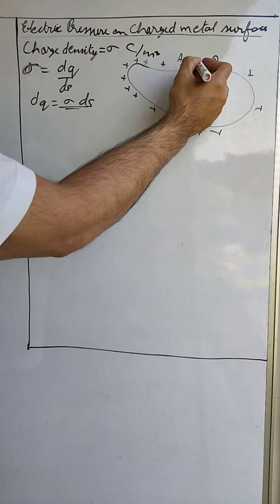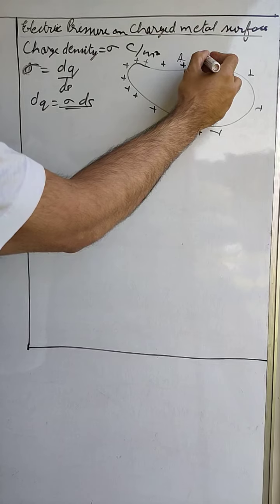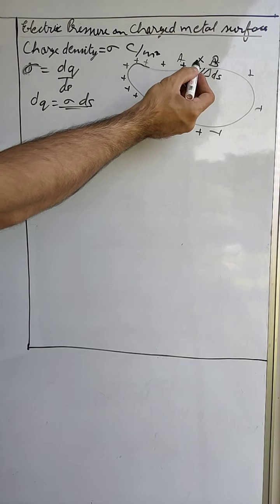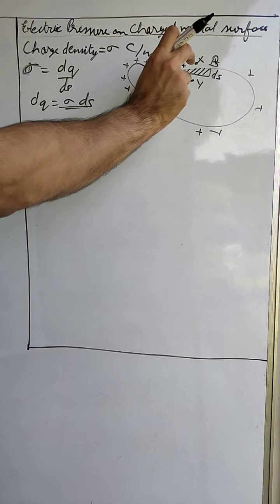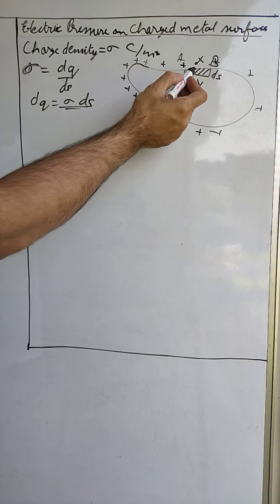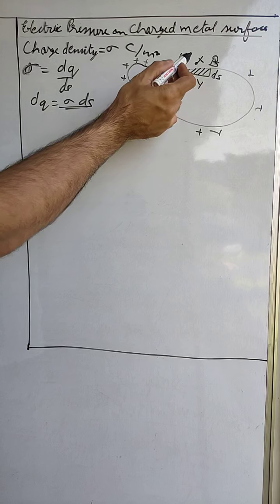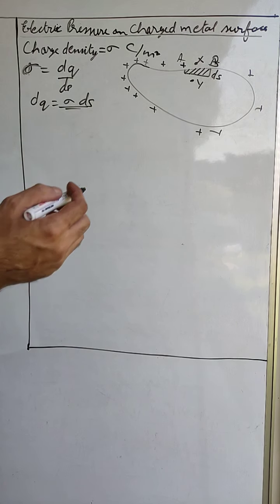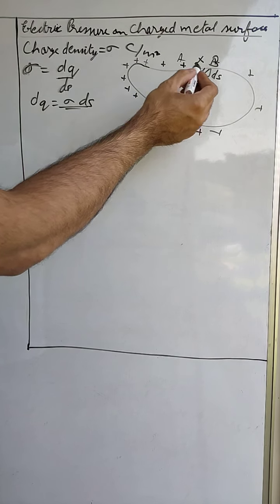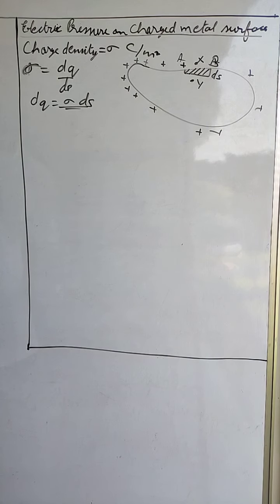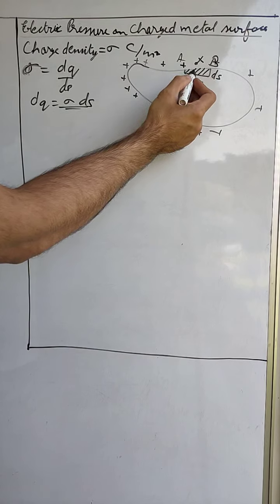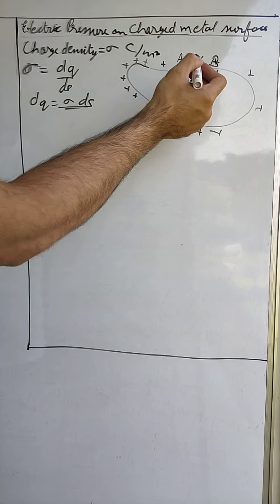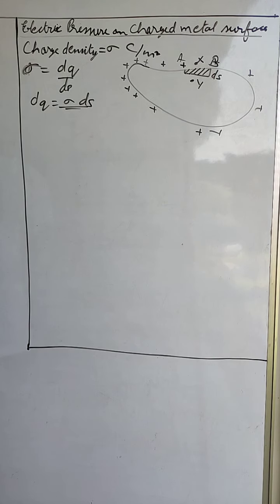We will take 2 points, let us say x and y. These 2 points are just outside and just inside the surface. They are not at a very large distance. Point x is just outside the surface of the metal and y is just inside the surface of the metal. Due to this AB, the entire metal surface area is divided into 2 parts, AB and the part apart from AB. So first we will find the electric field due to AB on points x and y.